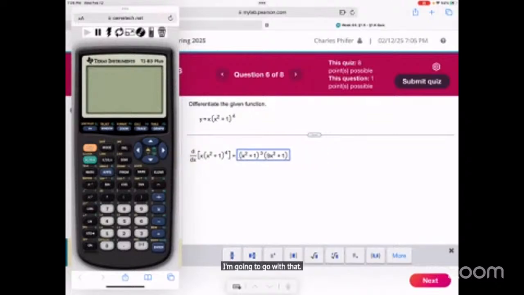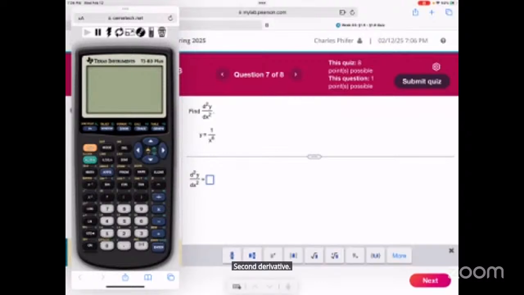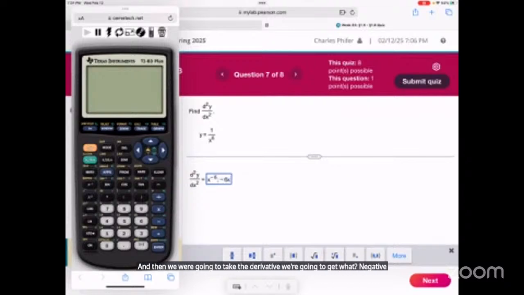Okay. Two more. Second derivative. So it might be easier for this one to rewrite it as x to the power of negative 6. And then when we take the derivative, we're going to get what? Negative 6x to the power of negative 7. And then we take the derivative of that for the second derivative,